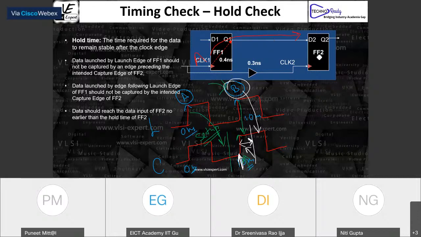In the case of a circuit, we cannot stop it. But if the data B is coming somewhere here, that means there is a problem, and the analysis tool will tell the designer, you have to fix this particular part.